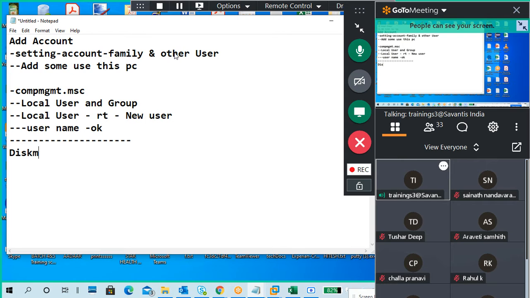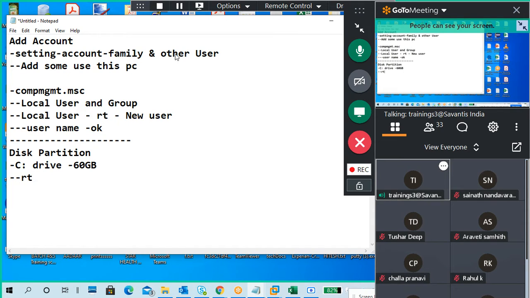Next, disk partition. I told a lot of things, but simple thing first: I have a C drive of 60 GB. Now I want to create a new partition.